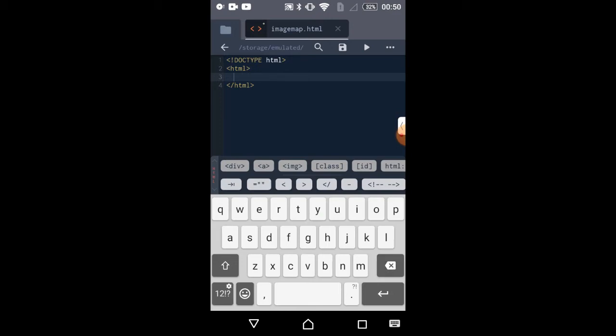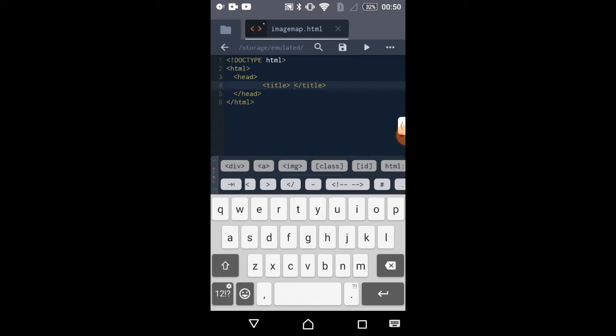So after that, I am opening head tag. In between the head tag, I have to open title tag to give the title of this web page. So write title, close it. As you can see, all the brackets and is equals to double inverted comma as well, and some tags are available at the top of the keyboard.